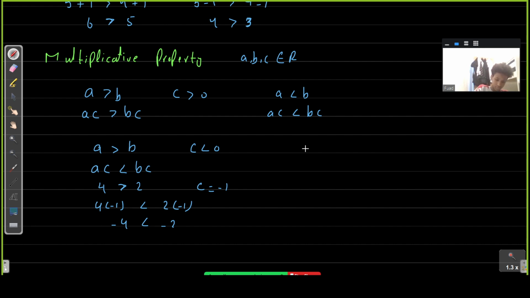And also, if we have a is less than b, then if we multiply a negative number on both sides, the lesser will become